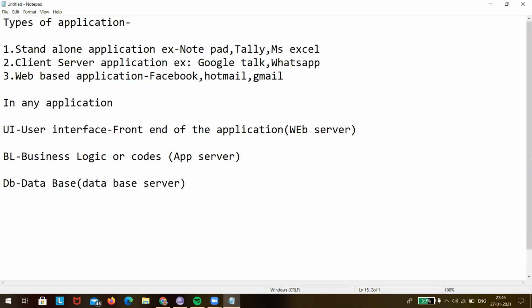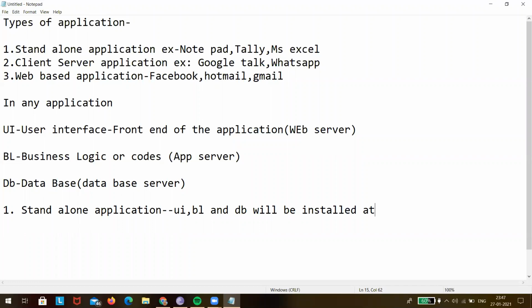So what happens now in an application? There are three parts. If I take a standalone application, all of this, UI, BL business logic, and DB, will be installed at the client's machine.